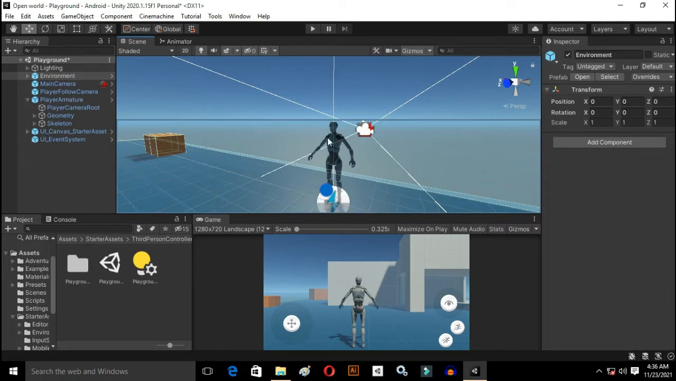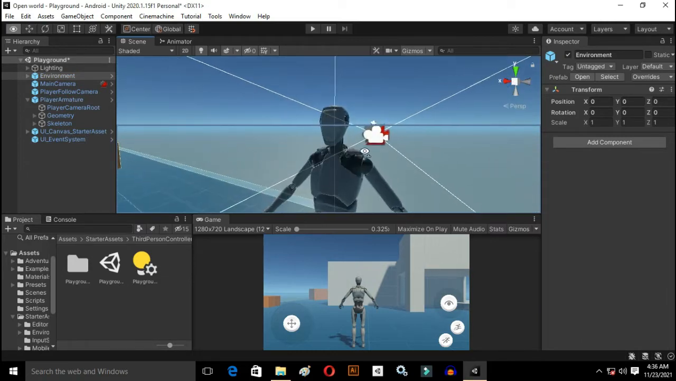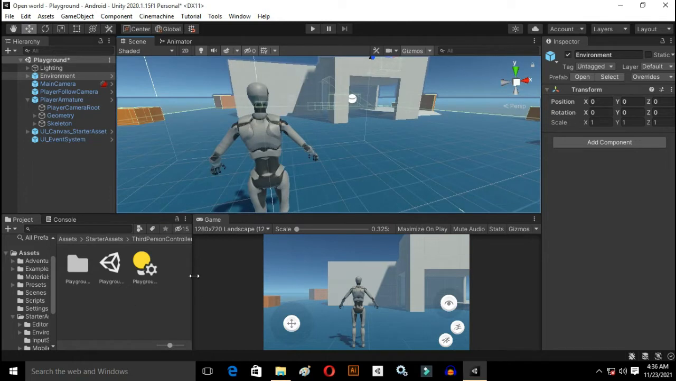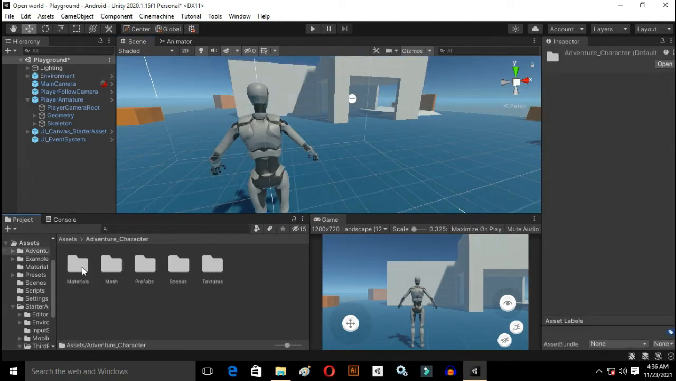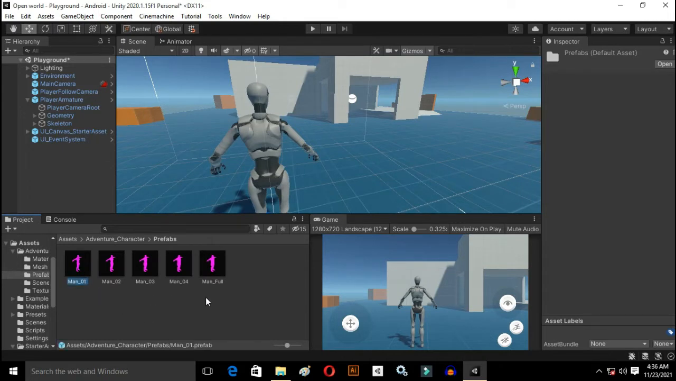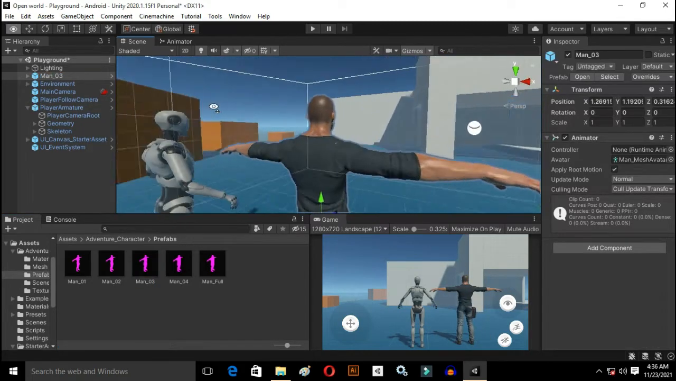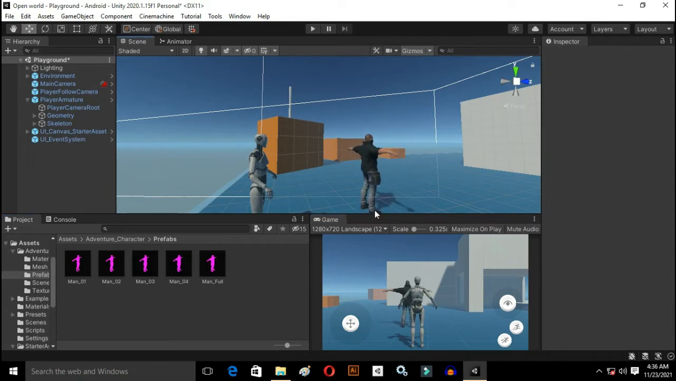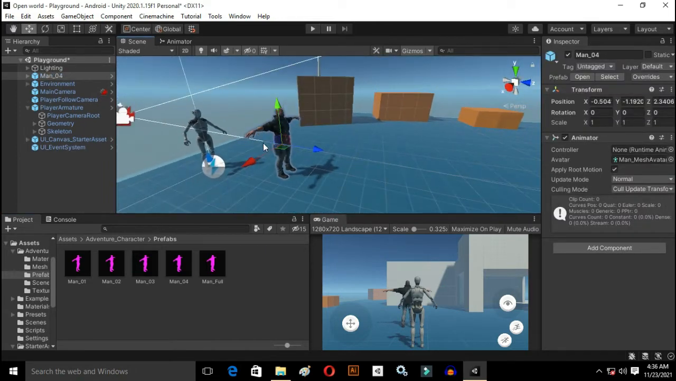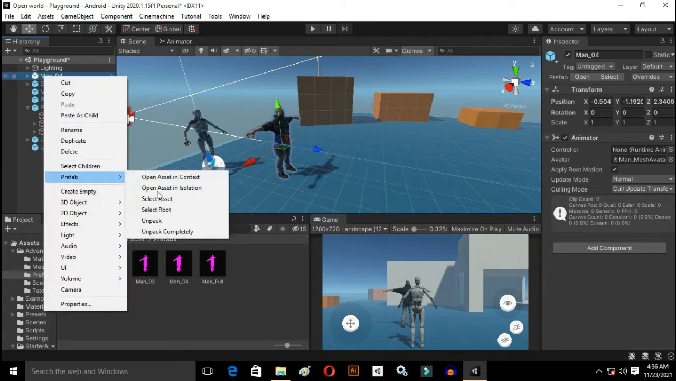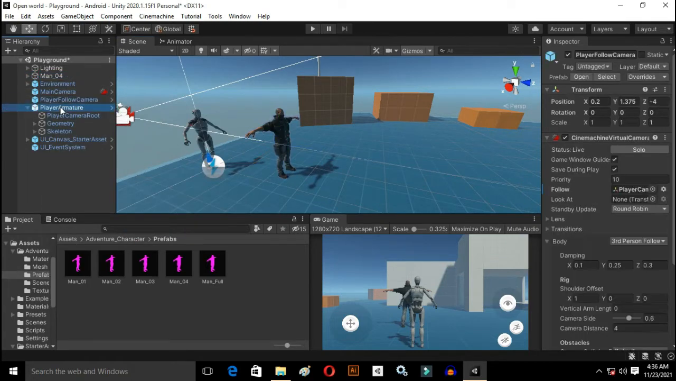And what if we want to change this model? As you can see, it is not looking better and we don't want to use this model in this game. So I have imported an Adventure Creator character, and let's see which one is looking better. I think this one is looking better. Let's drag and drop it over here. No, this is not looking better, so delete it, and I think this one is looking better with the mask. Yeah, we'll use this. Let's unpack prefab completely, and also this one, unpack prefab completely